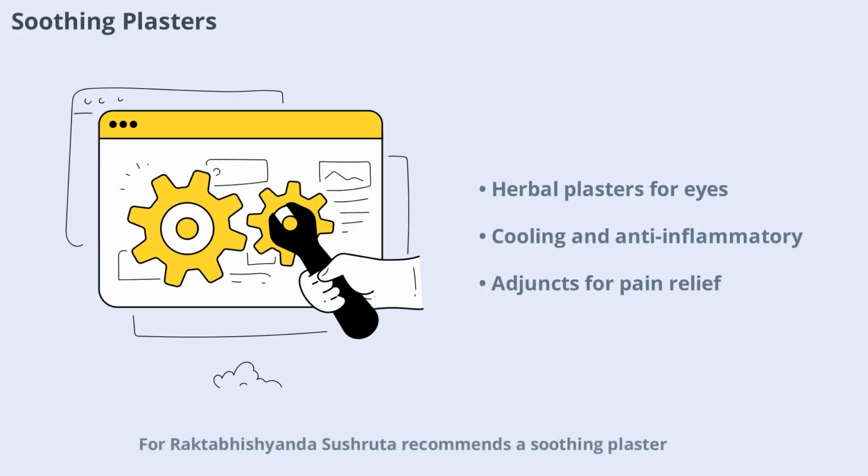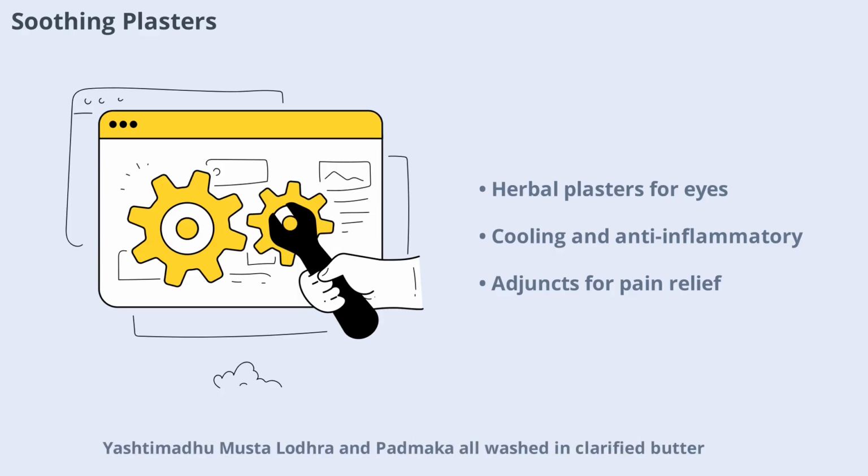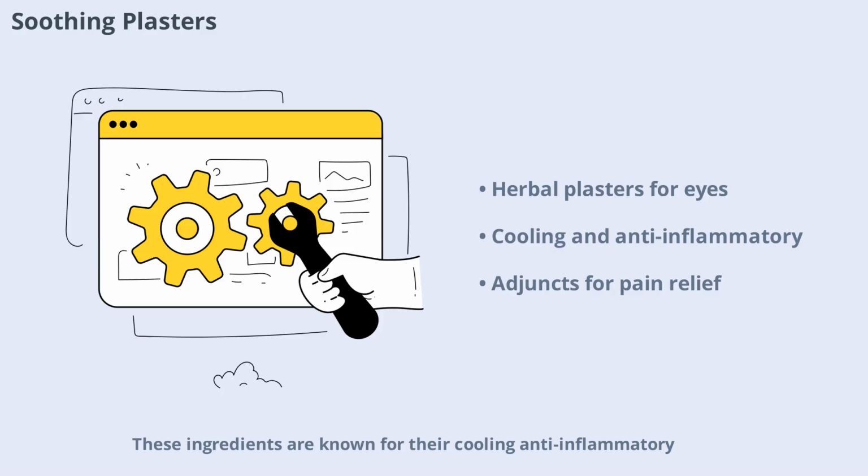For Raktabhishyanda, Sushruta recommends a soothing plaster applied around the affected eye. This is made from equal parts of nilotpala, usira, daruharidra, kaliya, yashtimadhu, musta, lodhra, and padmaka, all washed in clarified butter. These ingredients are known for their cooling, anti-inflammatory, and healing properties. In cases of intense pain, mild fomentations or leech therapy may be added, and large drafts of clarified butter can